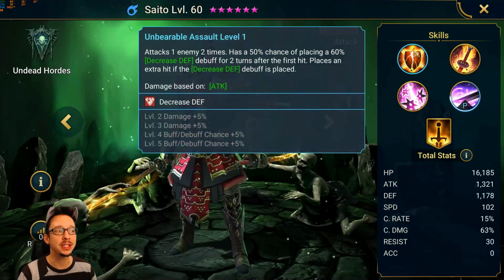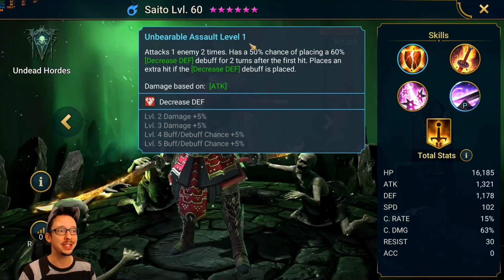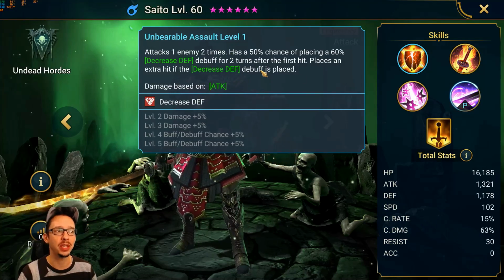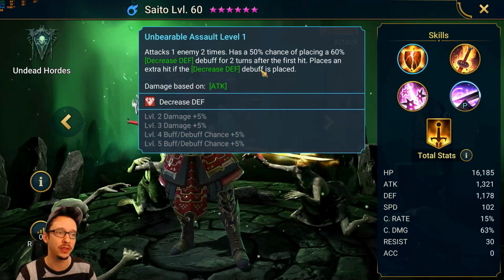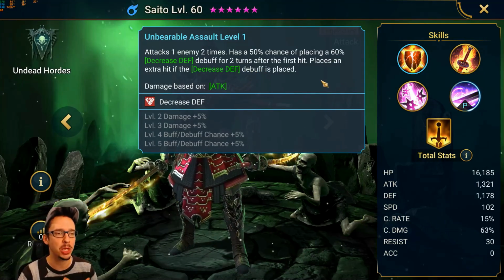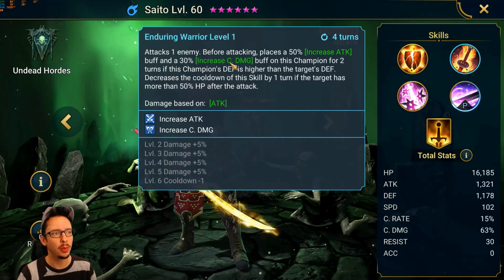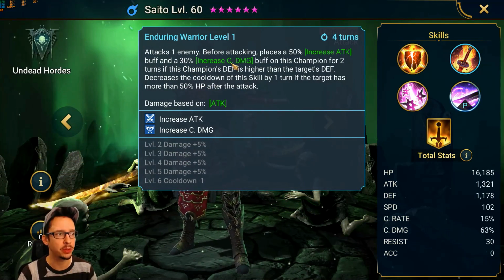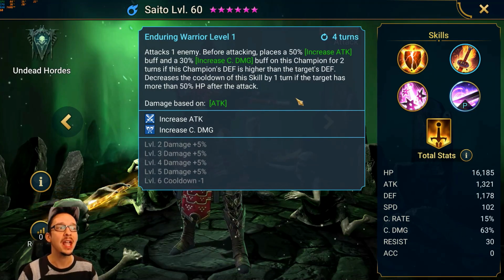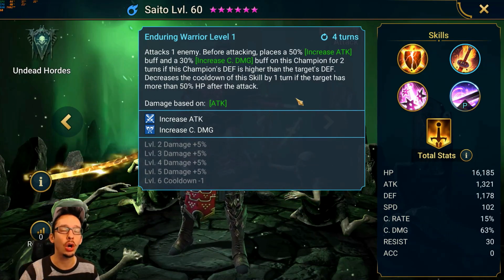But looking at his skills, we have decreased defense on the A1. That's always nice. Only has a 60% chance of applying and has a chance of placing extra hit if that debuff is placed. Okay, so this can potentially be useful for the clan boss, especially that it's on the A1 with counter attack. Then we have this skill right here, attacks one enemy, but before attacking, will place 50% increased attack and 30% increased damage on this champion for two turns